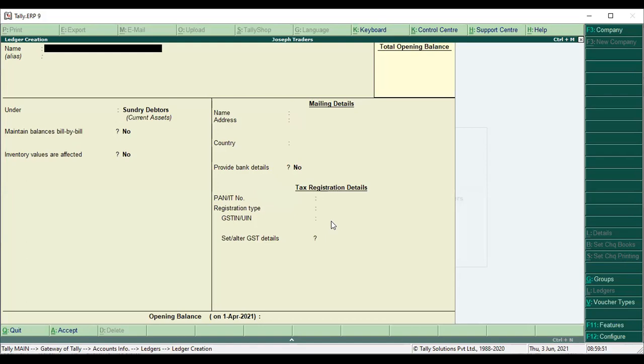Should we create taxes ledger, CGST, SGST, IGST taxes ledger? Yes or no? Do we need to create taxes ledger?